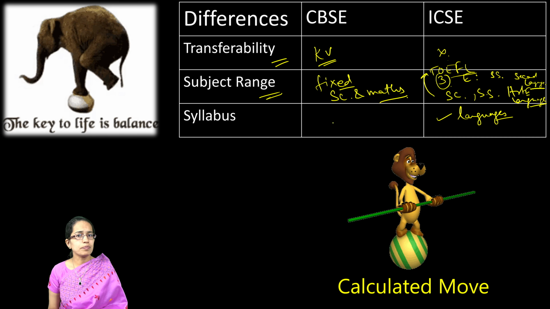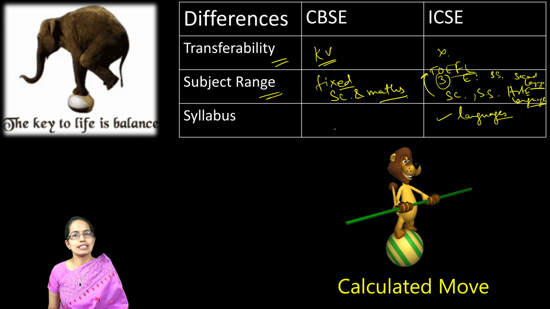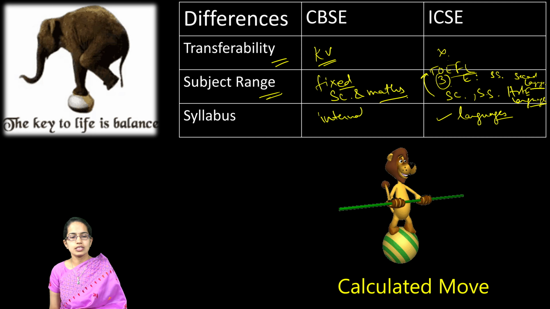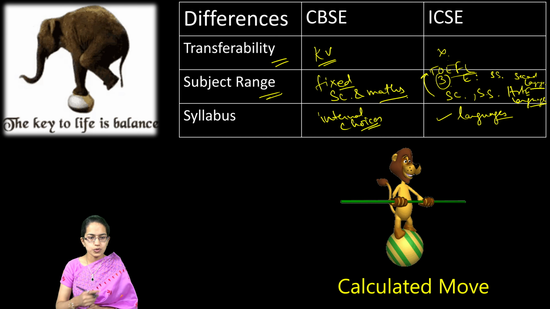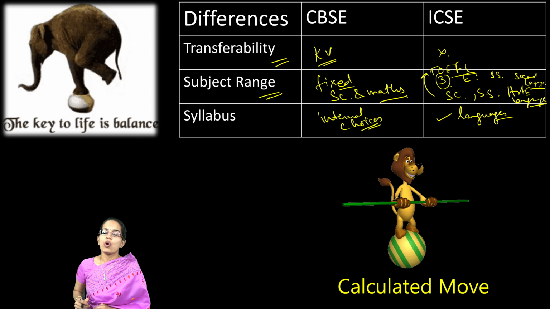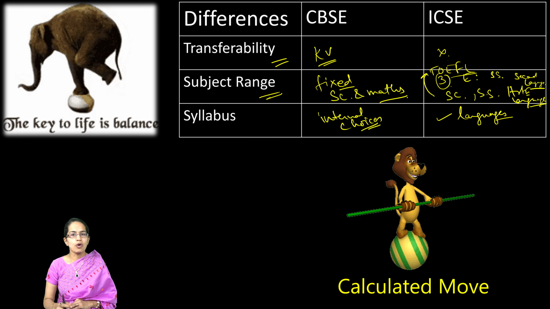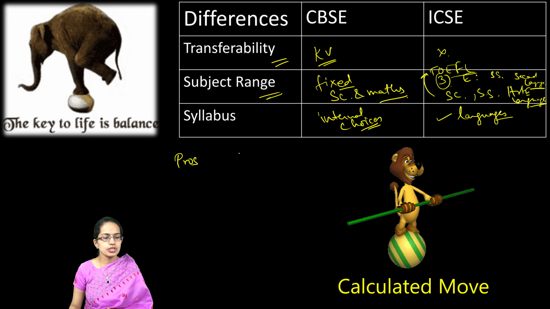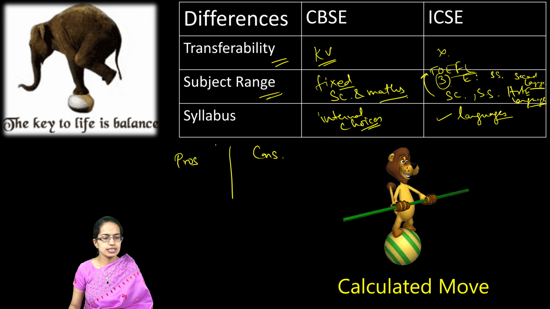However, as we mentioned prior, CBSE has its main focus on science and maths, and there are a lot of internal choices in the paper, which makes the question paper comparatively much easier. Now, what are the pros and the cons for the CBSE and the ICSE? So, coming quickly to the pros and the cons for the CBSE board first.